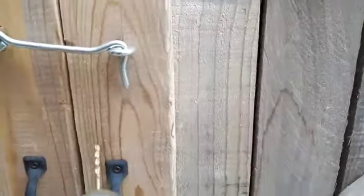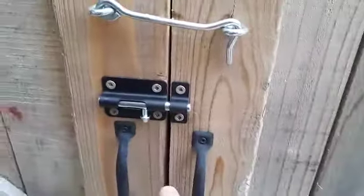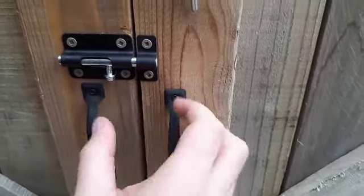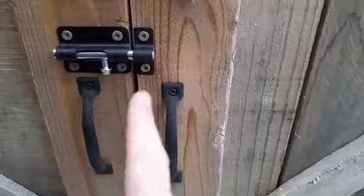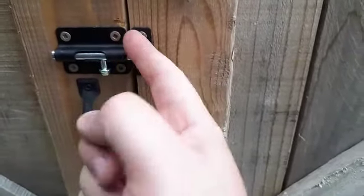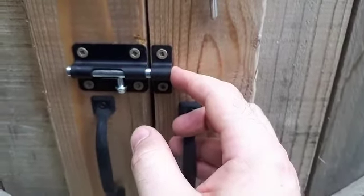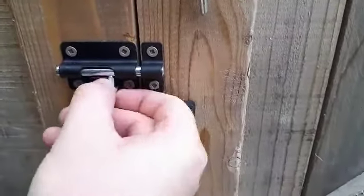I put it up there, made my marks, and I'm going to drill some pilot holes. See, people mess this one up all the time. So mark it together as it's closed. Basically you have to hold on to both pieces and then mark all your holes. Then when you're putting your screws in, you do still get a bit of wiggle room because of the shaft of the screw, which allows you to go up, down, left, right, whatever you need to do for the fine adjustments. So get your screws almost all the way in, close it,